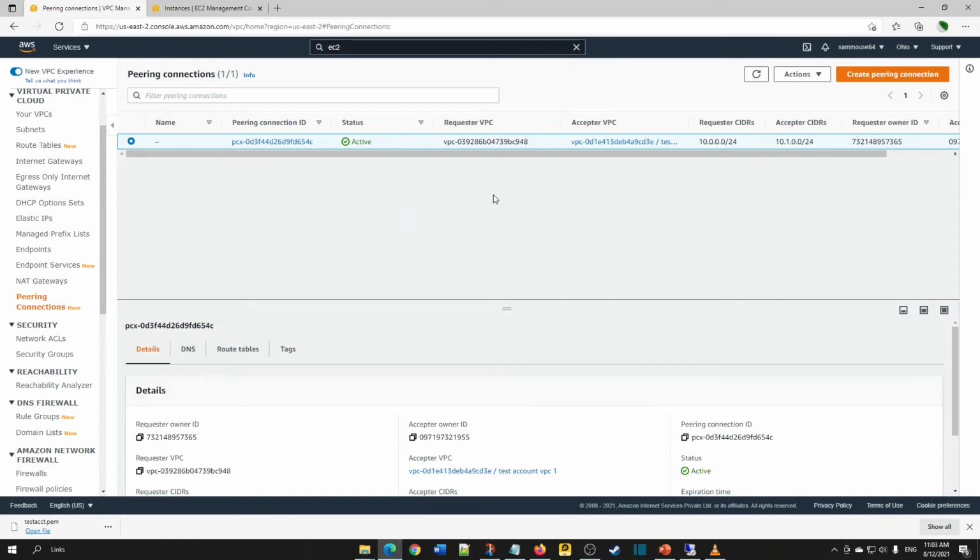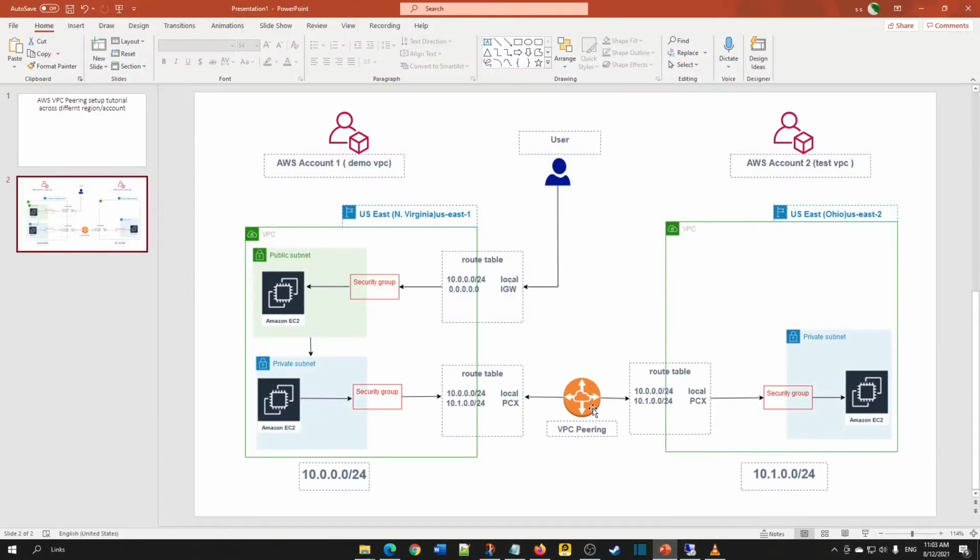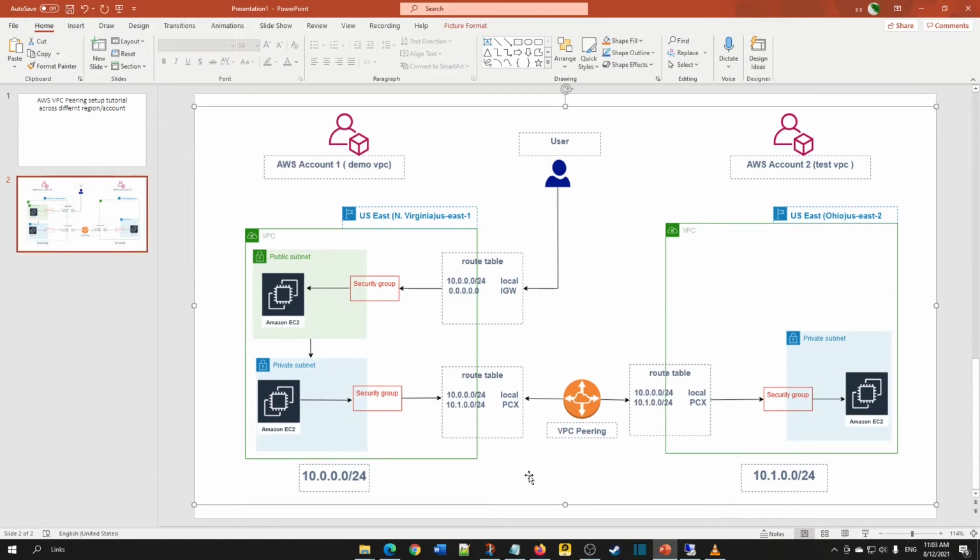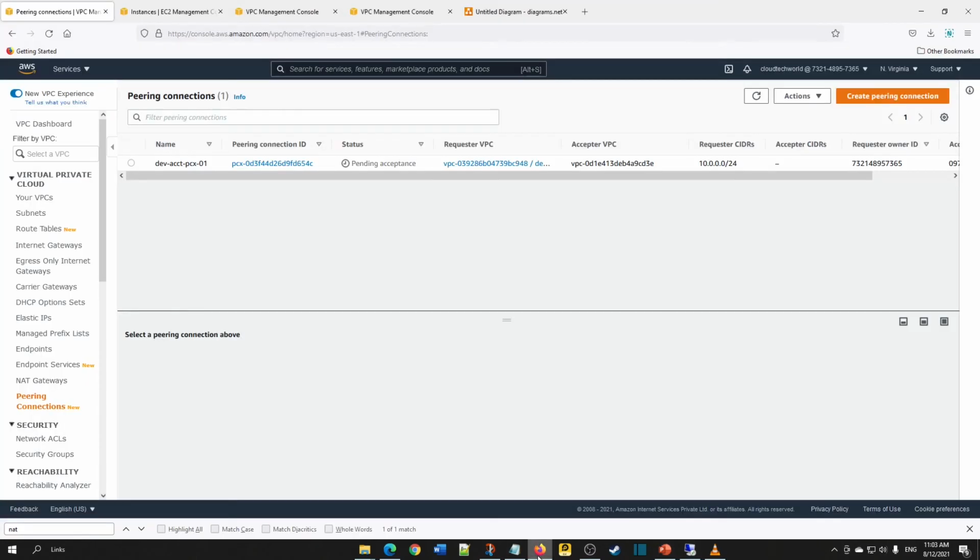After establishing the peering connection, what we need to do is set up a route now. So what we have done so far is we have created a Windows instance, a jump box, and we are connected to the Linux instance. Now we created a peering also. Now we need to update the route tables and security group on the test account in order for the connection to be established. So let's go one by one.